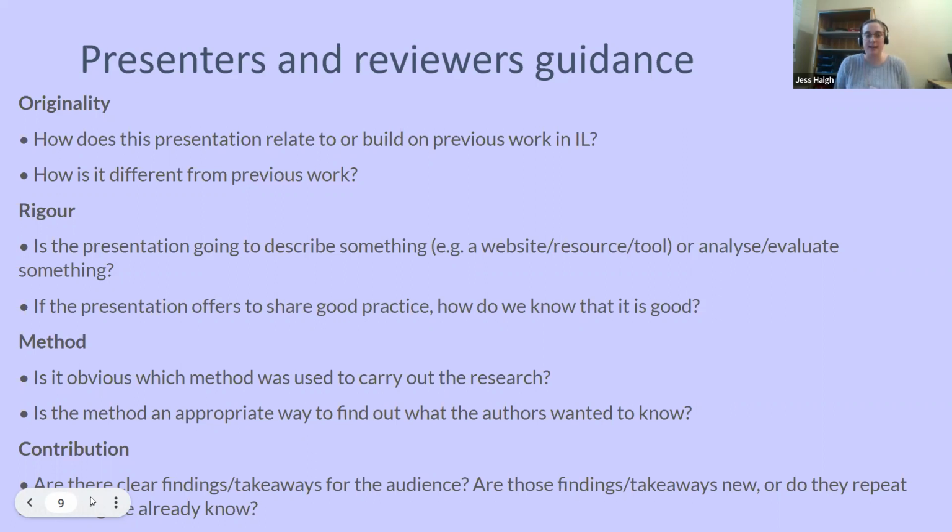Now, it could be that you're wanting to present something that's currently being tested and tried. What I'd really recommend is that you think about whether this is the right year to present on that work. Because it could be better to wait until next year when you've properly evaluated the activity, say it's an activity that you're trialing, to get a sense of how it works in practice, and to be able to present it to us with rigor.